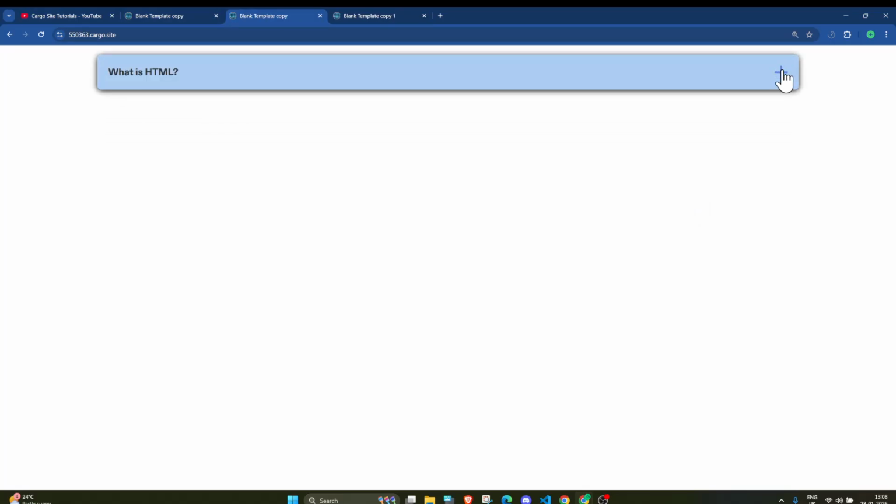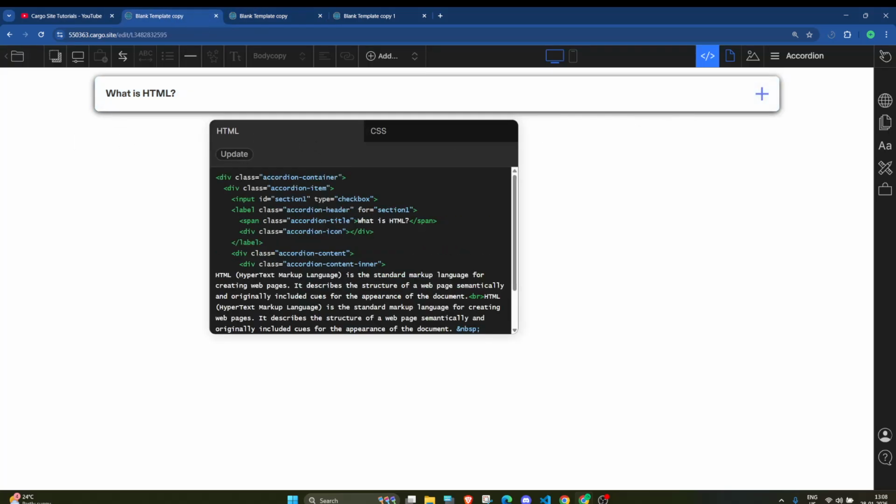And let's see how you can add more accordion tab. So simply what you need to do, you need to copy the accordion item. So this is the accordion container.